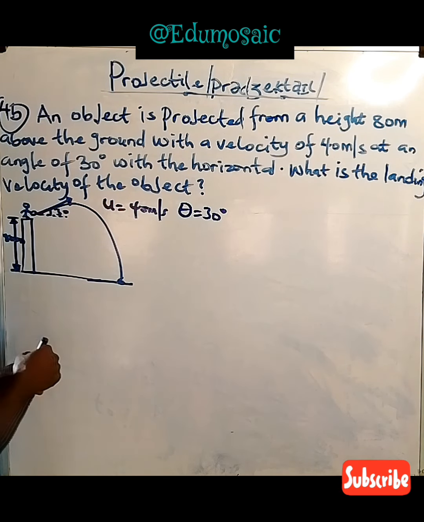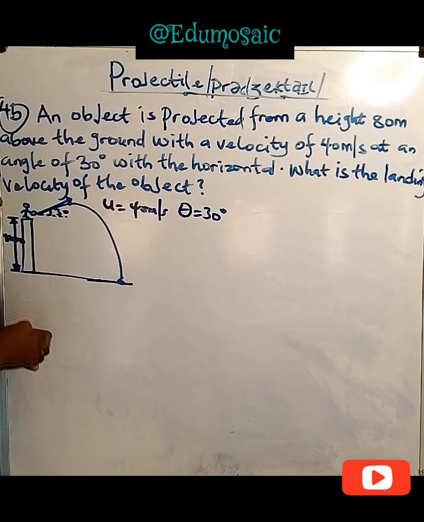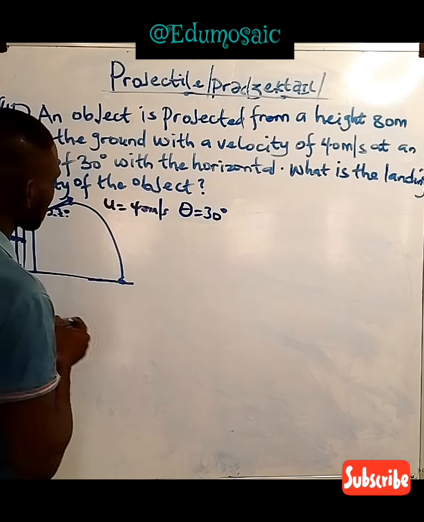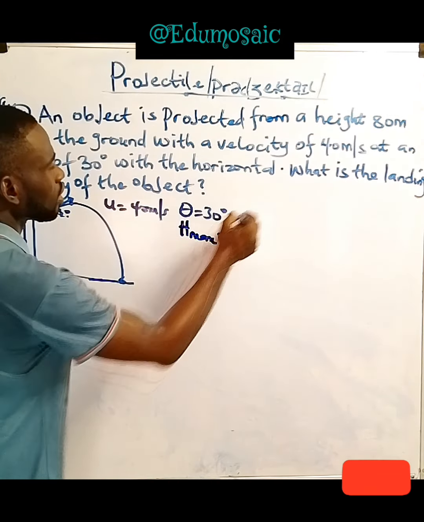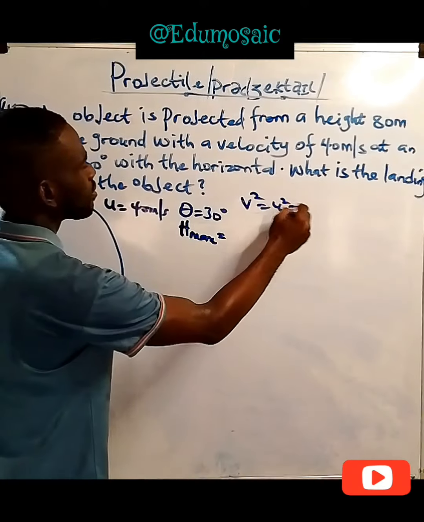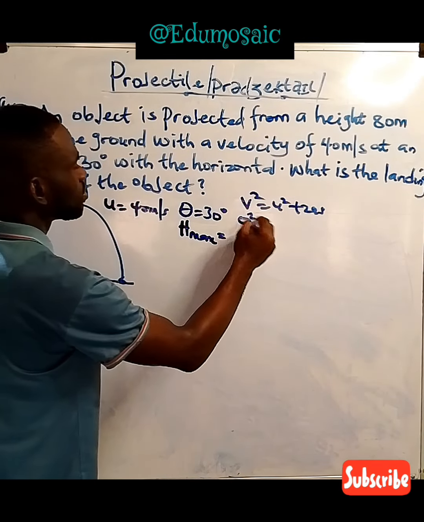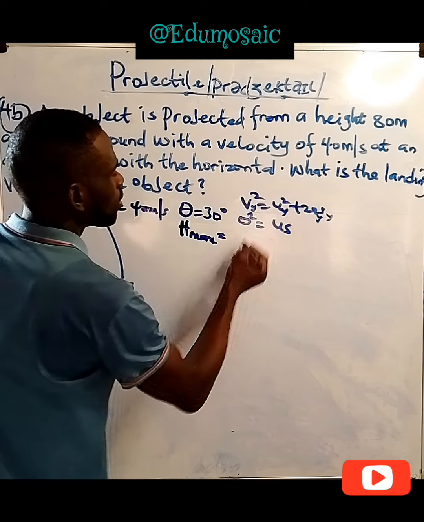So let's get the max height first. That's the first thing. Let's get the max height. It will contribute to the distance along the y-axis. So what's the formula for max height? The formula for max height, quickly, let's get that. For max height, h max, don't forget, that formula was derived from v squared equal to u squared plus 2as. At max height, final velocity is 0. So the u sign this along y-axis, don't forget. So this u